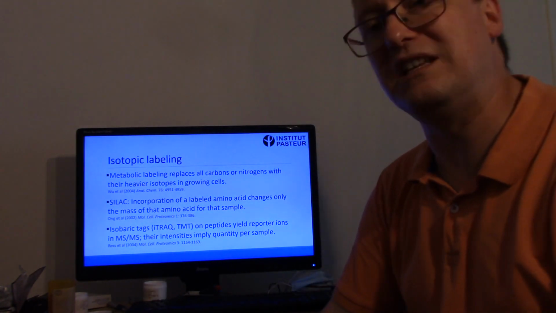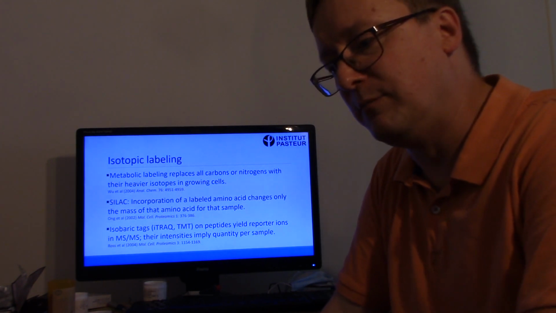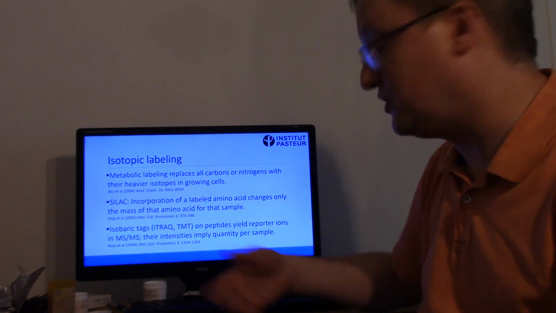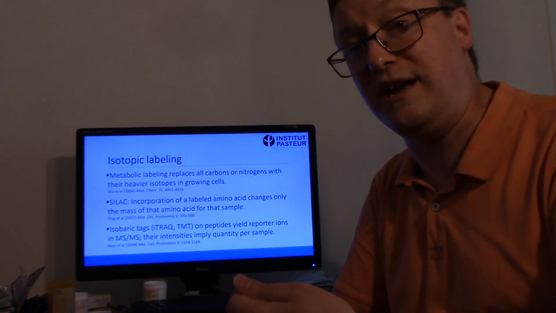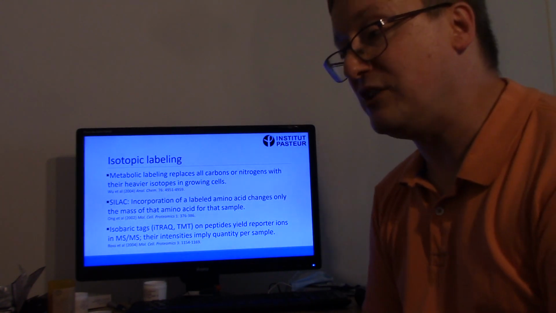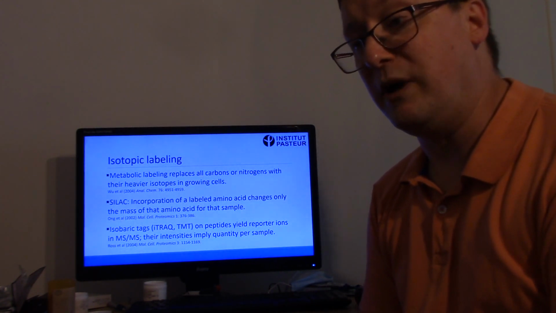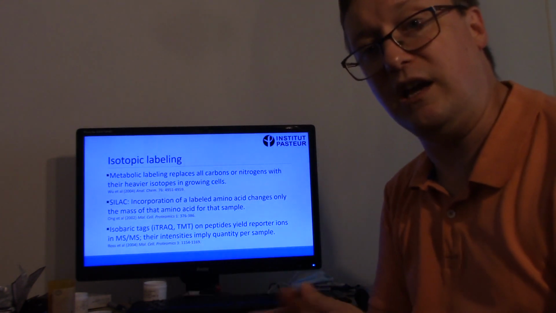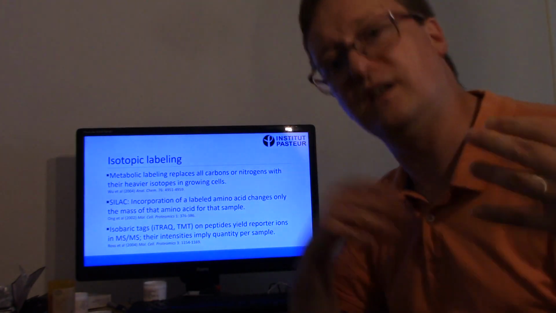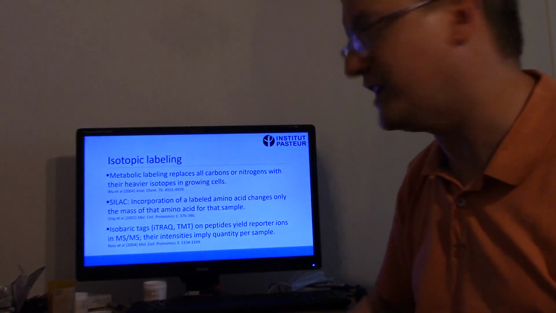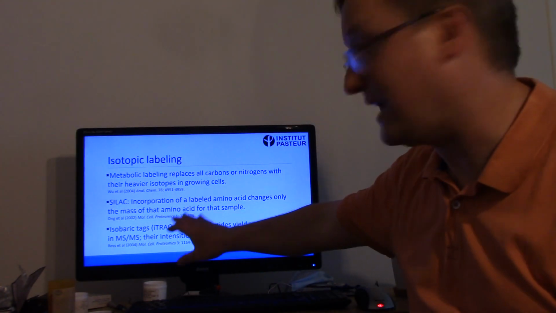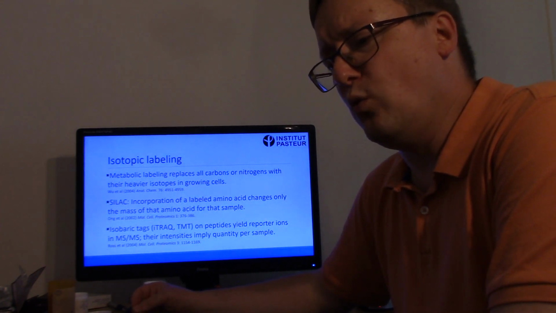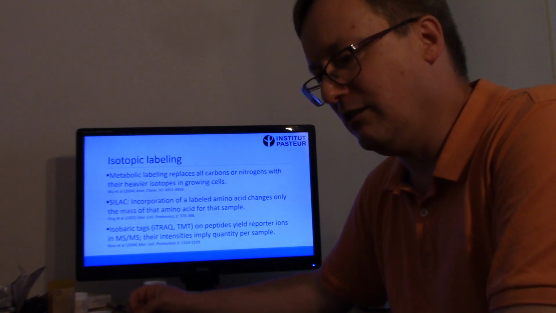These days, we typically see SILAC used to describe an experiment in which someone has incorporated a labeled amino acid that changes just that particular amino acid to a different mass. So you could imagine in lysine, for example, you might replace both nitrogens with a heavy nitrogen, and now we've got a heavy version of lysine and the lighter unlabeled version of lysine. Okay, so that's SILAC. Frequently, though, you're not able to control where the samples are getting their nitrogen or getting